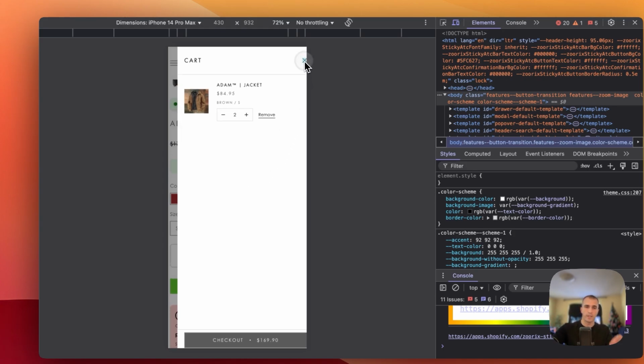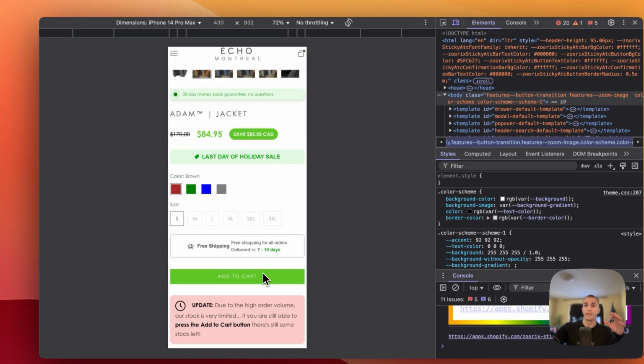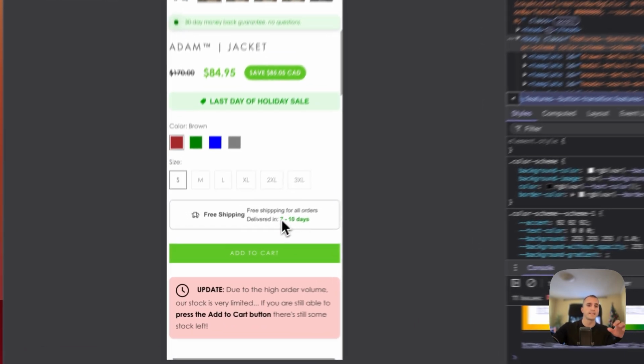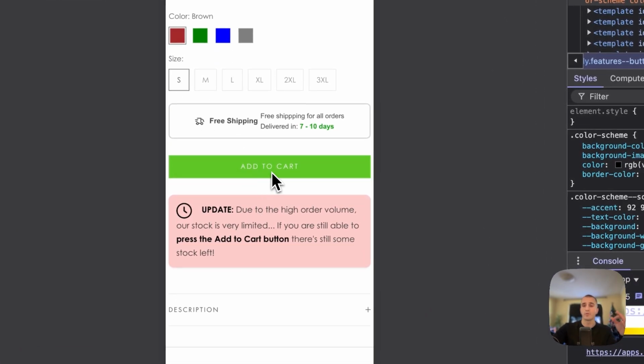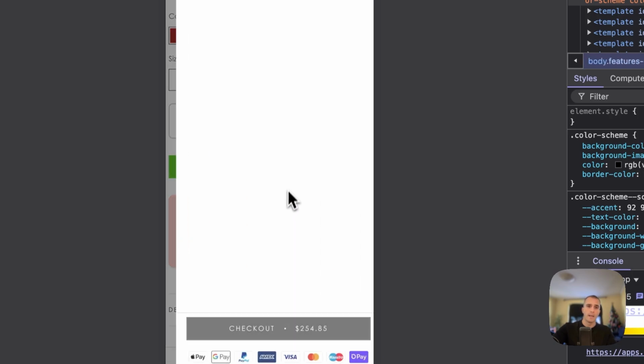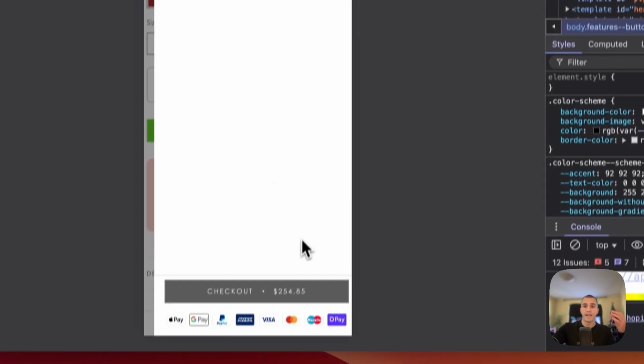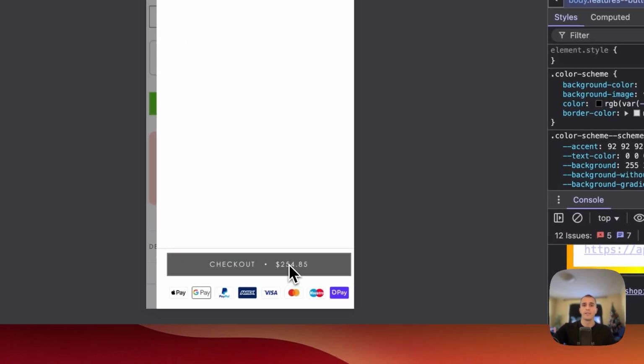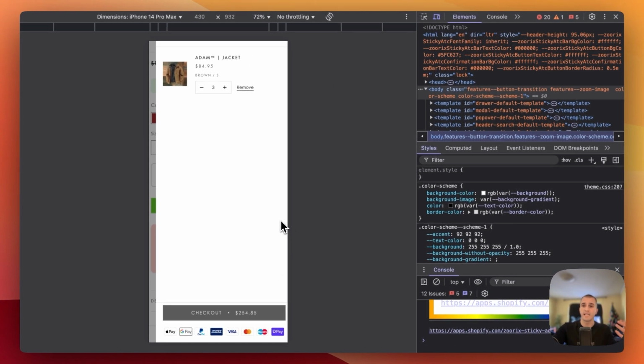And another thing that you need to do is bring consistency with your colors, because here we have the green add to cart button. Then they click on it, but when they get to this cart drawer, their next color is gray. So this just brings inconsistency and is hurting your conversion rate, because people are expecting again the green button, because that's what they clicked on. This is the principle called consistency, and now you're breaking that flow with another color, which is just hurting your conversion rate for no reason.